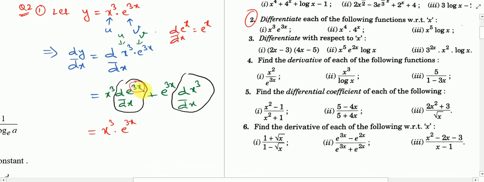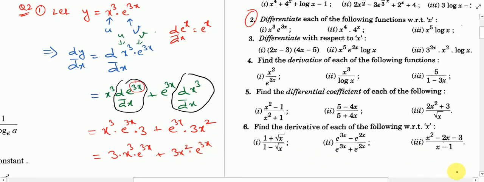Firstly think that this whole thing is like x for you, then you will get e to the power 3x, then differentiate that 3x. So what you get, you will get 3, and here e to the power 3x, then differentiate this x to the power 3, that means you have to use x to the power n formula. So you get 3 and here x square, so you get 3 times x cube e to the power 3x plus 3x square,